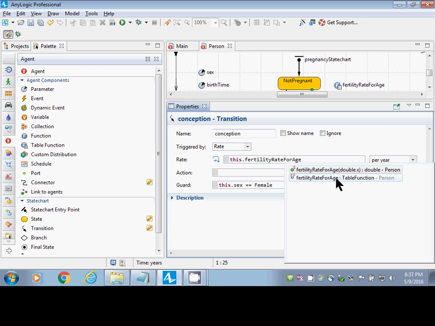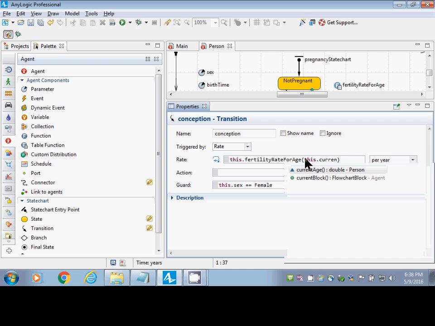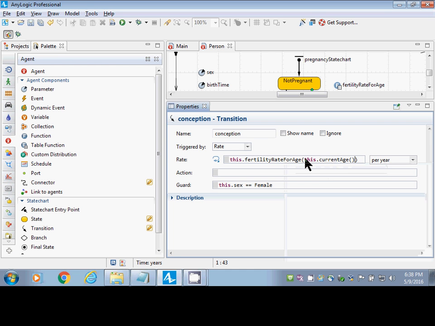So it's fertility rate for age, and what do we have to give it for it to do its job? Yes, we have to give it this dot current age. We have to give it our current age. So we're going to look up our current age, and we're going to ask the fertility rate for age what the fertility rate is at that age. Does that make sense? Okay, now,